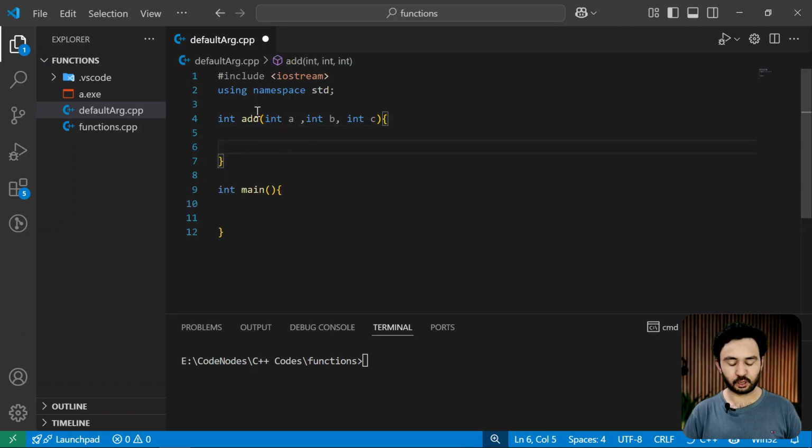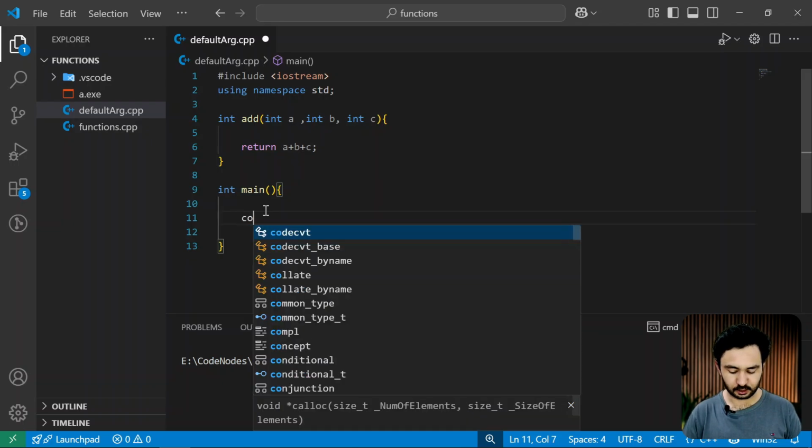And what I'm going to do is sum these three numbers and return the result. So I'm just going to return a plus b plus c, and when we call it here, I'm going to give it 0 arguments up to 3 arguments.